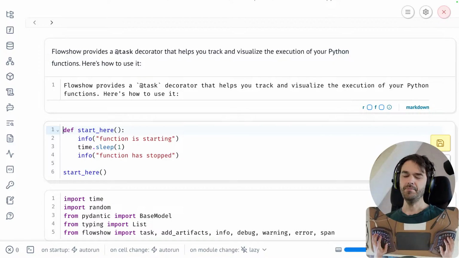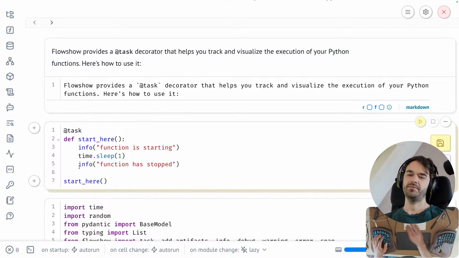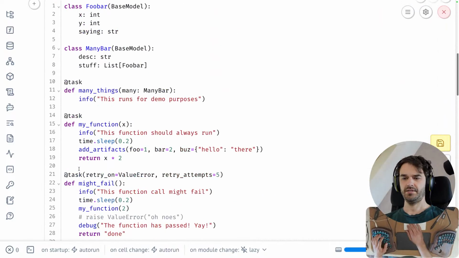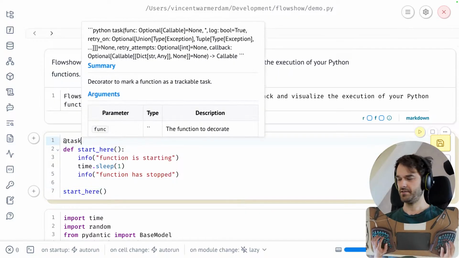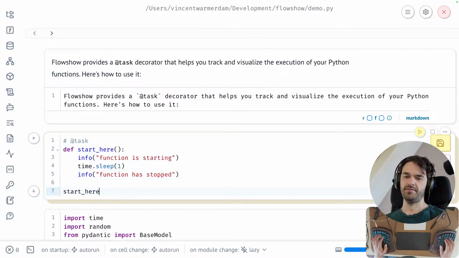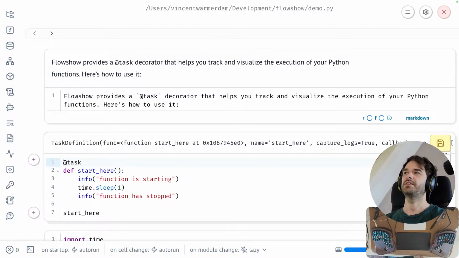But what I can do is turn this into a task. The way this is going to work, I just have this one decorator, just a normal decorator. That's going to make a little bit of a change to this function. Without this decorator, the start here function is an actual function. But the moment that I add this decorator, this function becomes a task definition. It will still behave like a function, but you can imagine there used to be a function, and now there's an object that wraps around it. I can still call the object as I would normally, but we're tracking some state. That's the main thing that's changed here. And if I were to run this